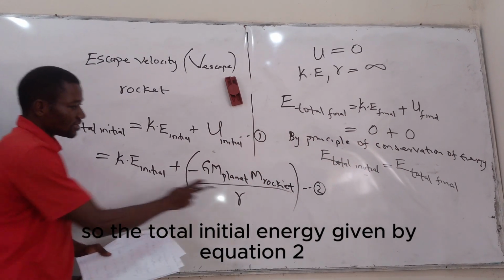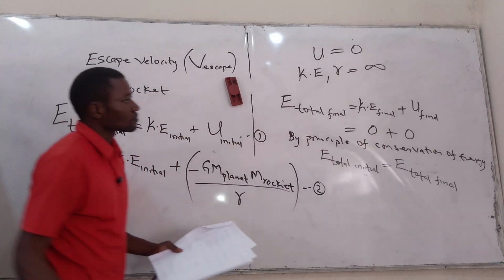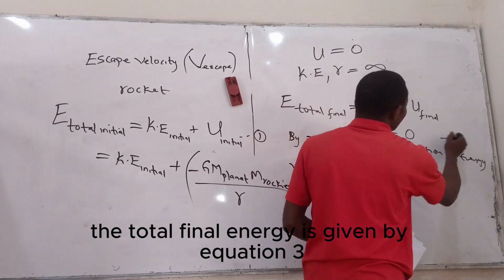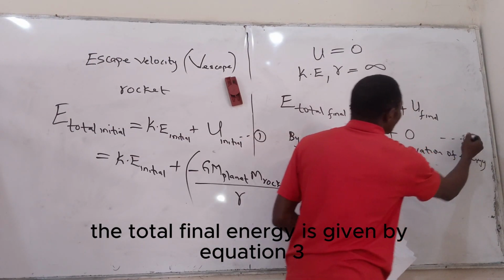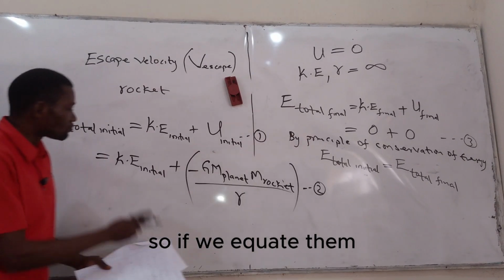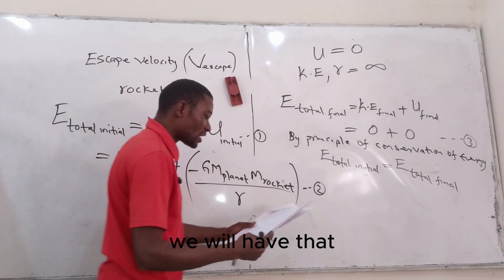So the total initial energy is given by equation 2, and the total final energy is given by equation 3. So if we equate them, we will have